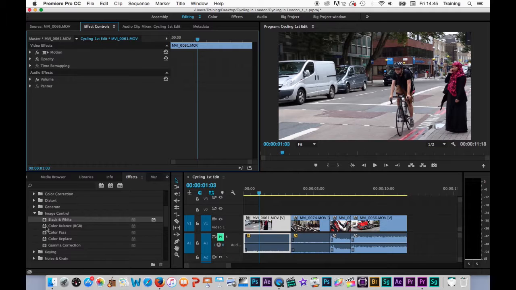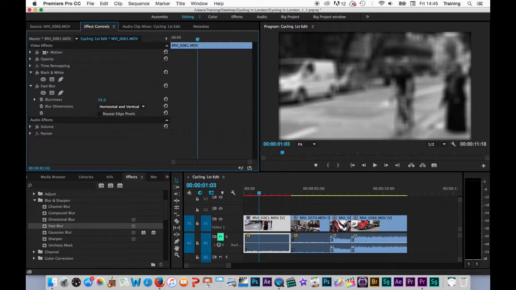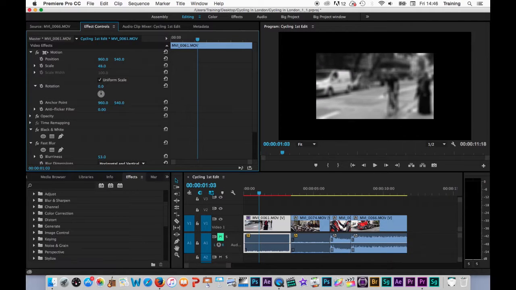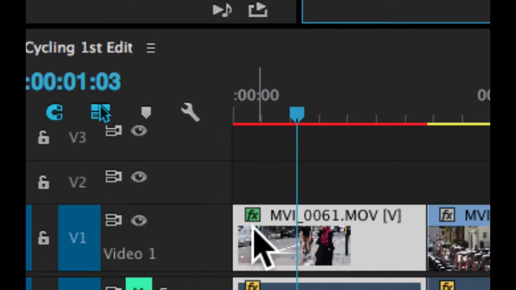So first of all, let's start by stacking up a few effects. I'm going to take the black and white effect here, put this on the clip. Let's also put a blur on here, blur the shot up a little bit, and we'll just tell it to repeat edge pixels on that. I'm going to go into the intrinsic effects here and we'll just reduce the scale of the frame, and let's change its position. Because we've added both added effects and changed intrinsic effects, the little effects button here on the